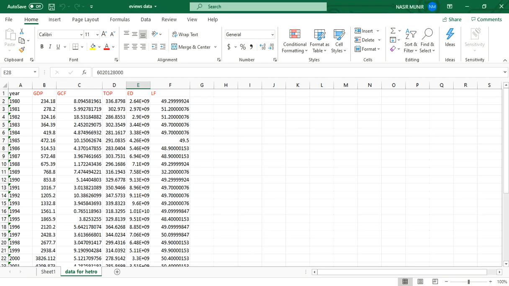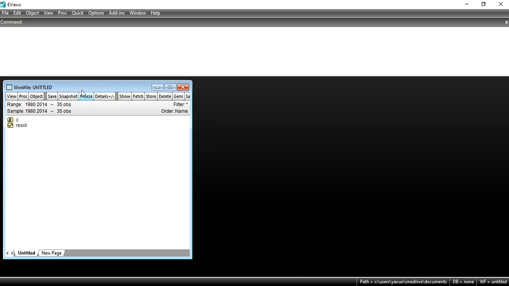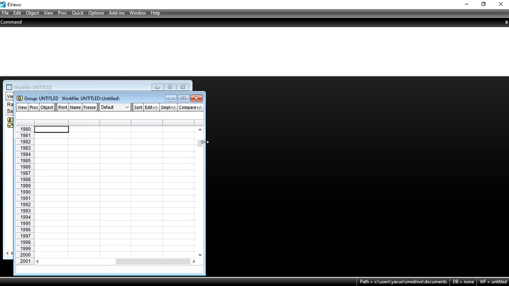Click on OK. I go to the Excel file, copy all my data, then I open the EViews file again, go to Quick, click on Empty Group and paste all of the data here.